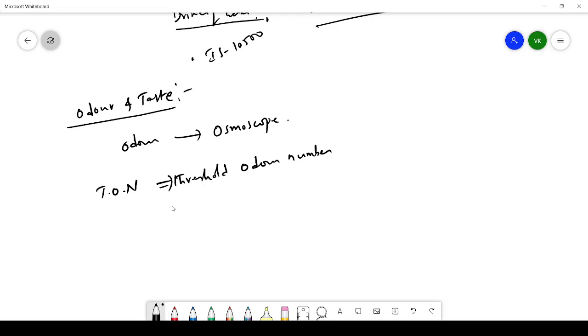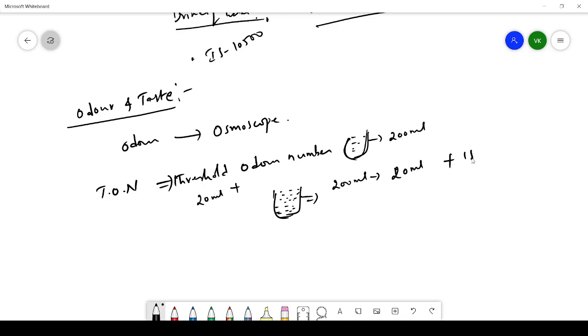You're going to have a small device or small jar having a capacity of 200 ml. What you are going to do is take one water sample. Assume I have taken 20 ml of water sample and I am adding that 20 ml into this jar, and the remaining portion will be filled with distilled water. So this jar has a total of 200 ml of water, among that 20 ml of sample and 180 ml of distilled